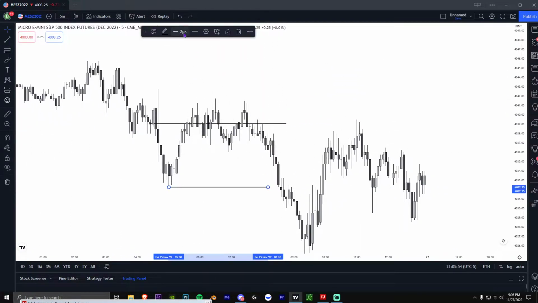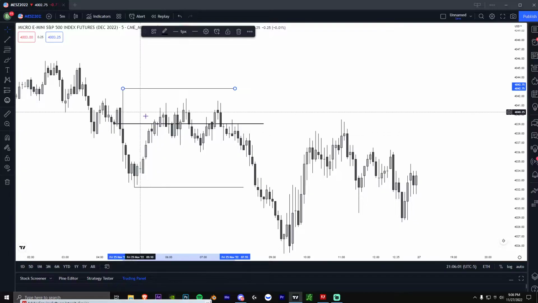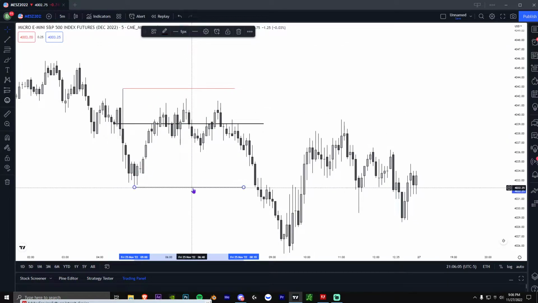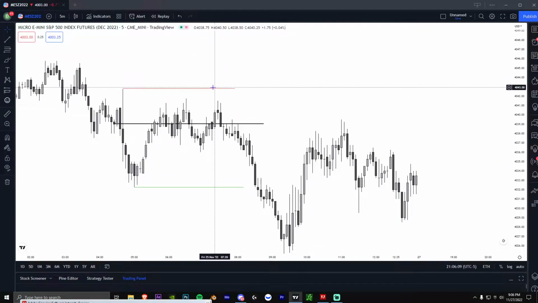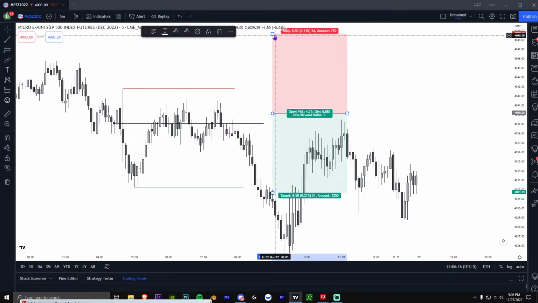Your stop loss should be right above the recent swing high before the order block or fair value gap was created. I'll put this line in red, and this line in green. The green's your target, the stop loss is the red. And the reason why this is the best stop loss is because